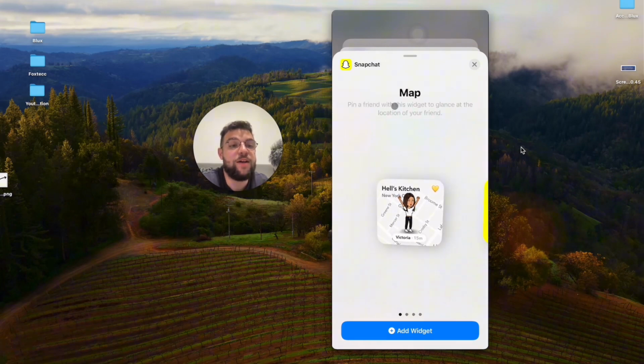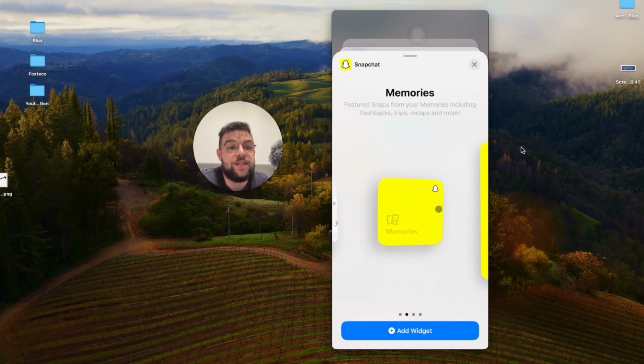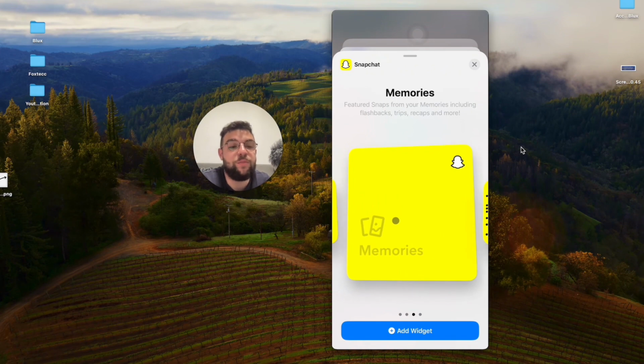So you have a map where you can pin a friend with the widget at a glance and see where your friend actually is. So that may be useful. The second one is memories. In my case, it doesn't show anything because I don't have any. That's okay. The third is memories, but larger, so perhaps you want to have a larger square on the home screen,